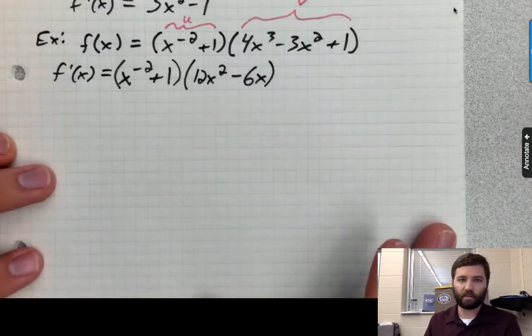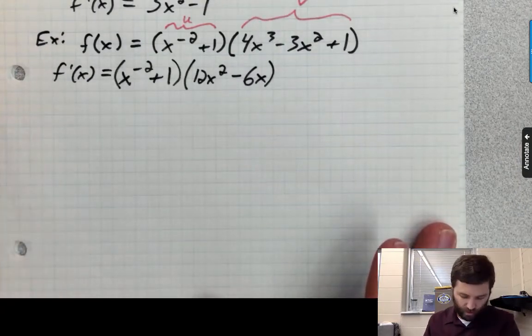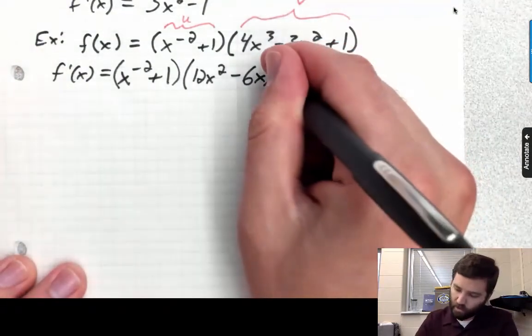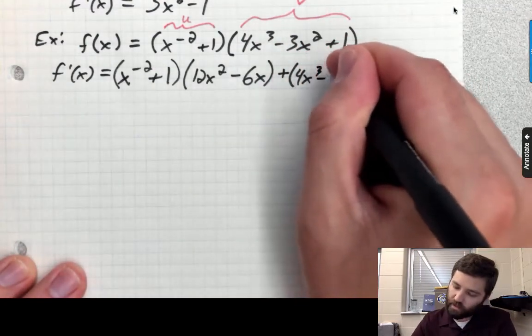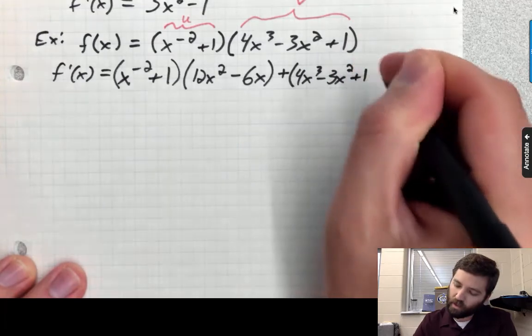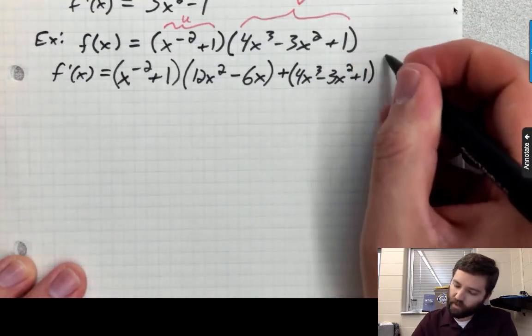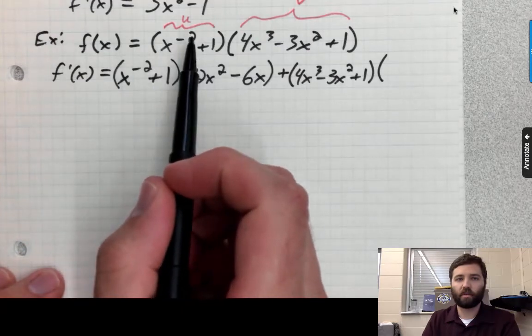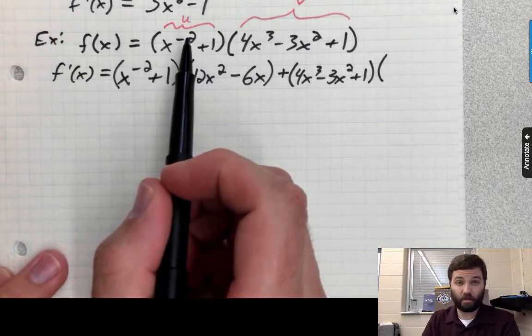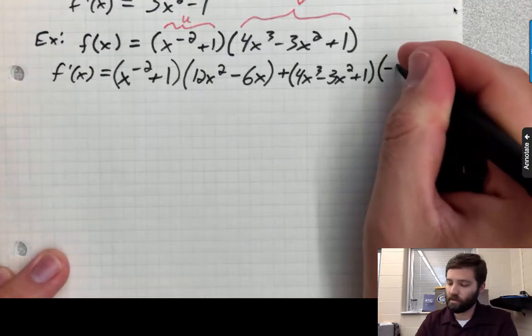And I think that's kind of it. All right. And so then we'll go plus the second, which is 4x cubed minus 3x squared plus 1, times the derivative of the first. So when I take the derivative of the first, it'll just be negative 2x, subtract 1 from the power, that'll be negative 3. So negative 2x,